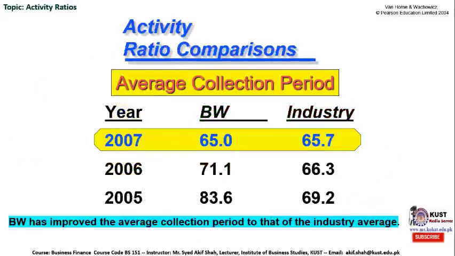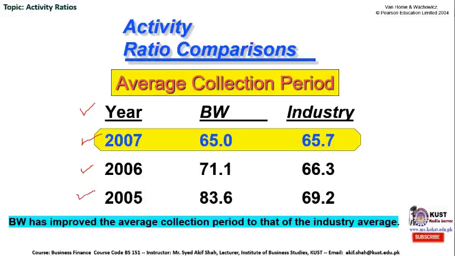Here is a ratio comparison of Basket Wonder with itself as well as with the industry. We have selected, first column says the year, which is 2007. And this is the year we have selected as our example. And 2006 and 2005 ratios are